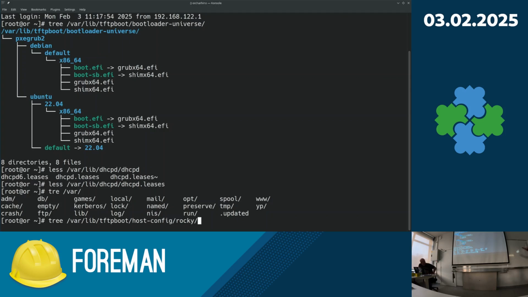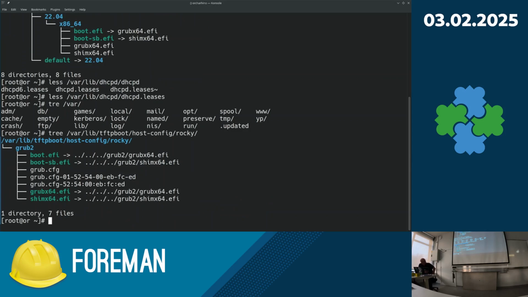So now, don't be confused. We just used symlinks here that we know Rocky is behind. I wouldn't want to access it with the MAC address. If you have a look here, it says yes, I have my host config directory, but it's basically pointing back to the default grub2, grub x64, and shim x64. So it's not working. But now what we can do